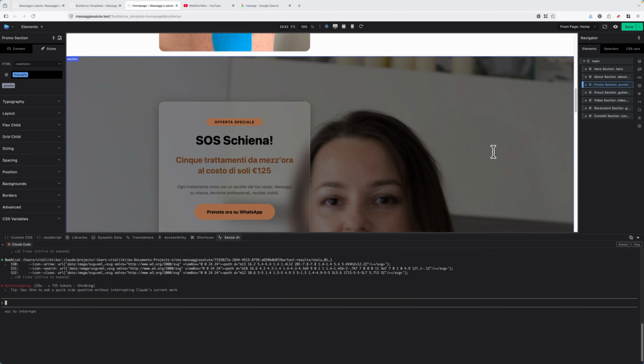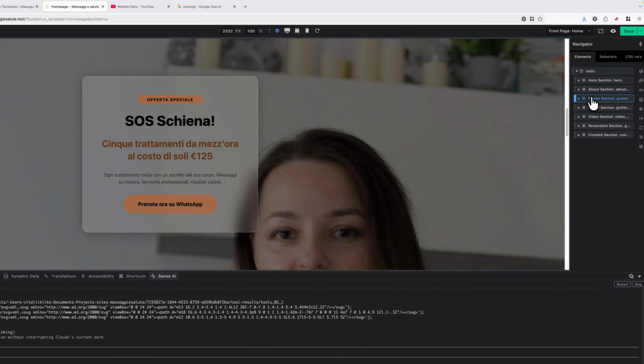Okay, so what I wanted to tell you is I specifically instructed Claude to create CSS for sections and make them scoped. So one section contains all the CSS related to elements inside this section, inside the outermost element, which is this one, for instance. So when I choose it,